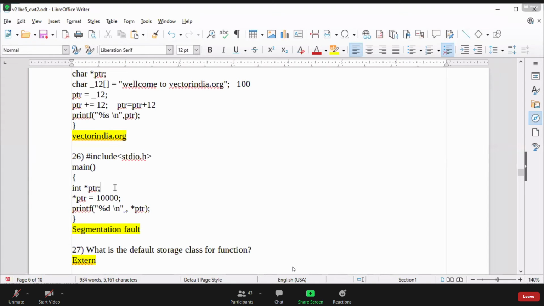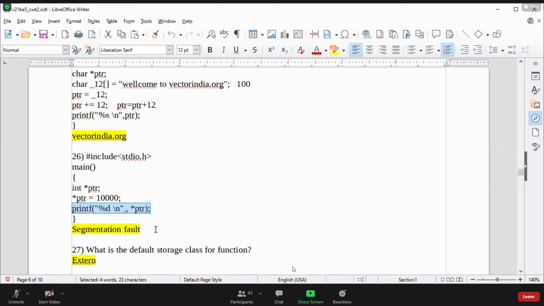No, we can say pointer doesn't have any valid location, right? It's a wild pointer. If we try to access a wild pointer, we get segmentation fault, unauthorized memory access. The location is garbage, unknown. It's an uninitialized pointer, a wild pointer.